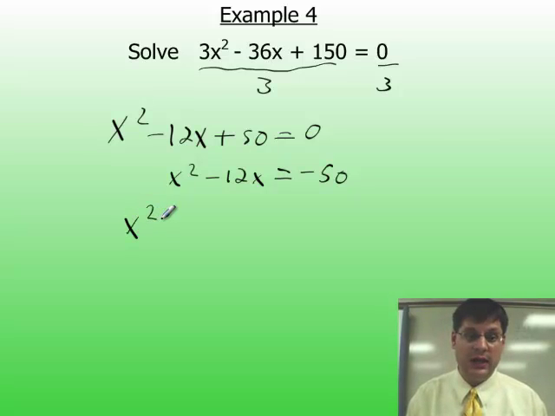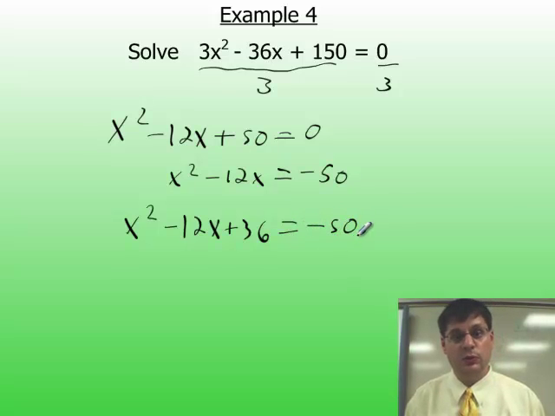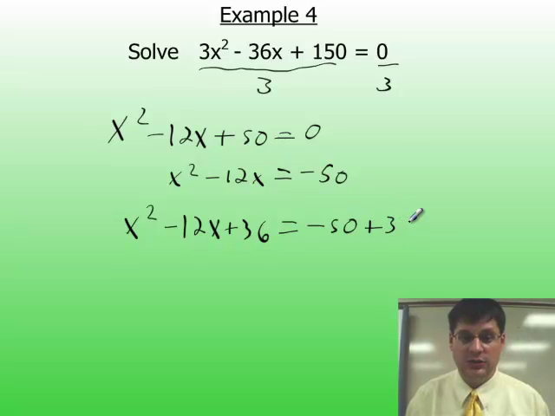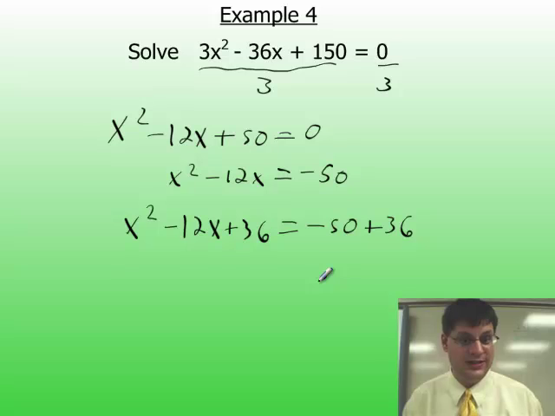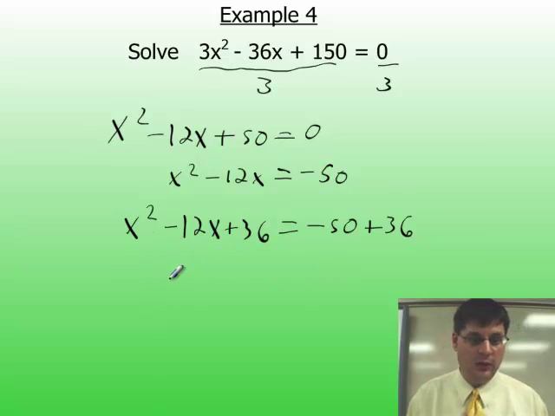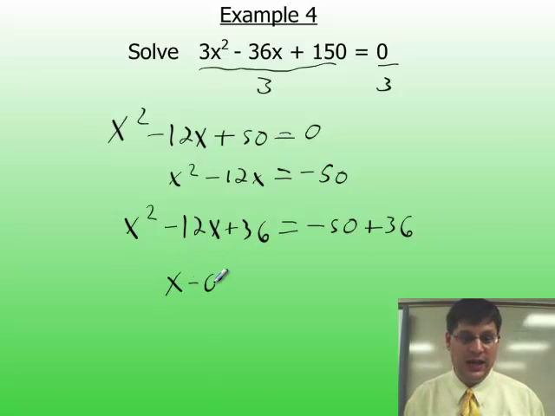So I'll have x squared minus 12x plus 36 is equal to negative 50. And of course, what we do to one side, we have to do to the other. So I add 36 to the left, I must add 36 to the right as well. So on the left side, I'll write this as a square of a binomial. In that case, it's going to be (x minus 6) squared